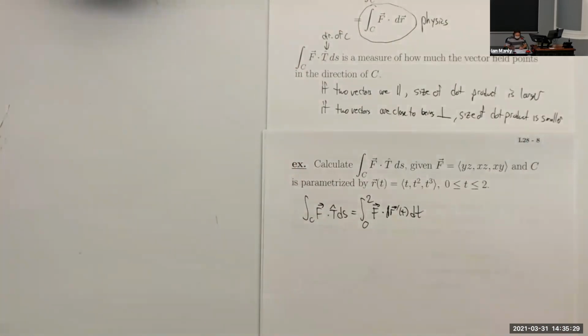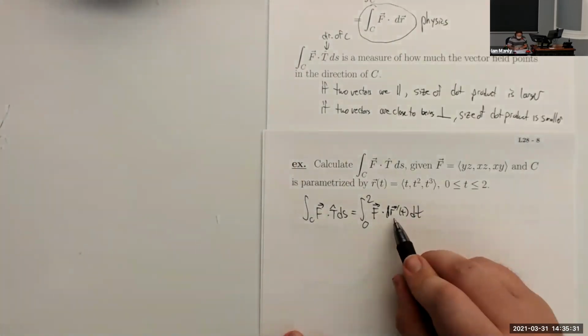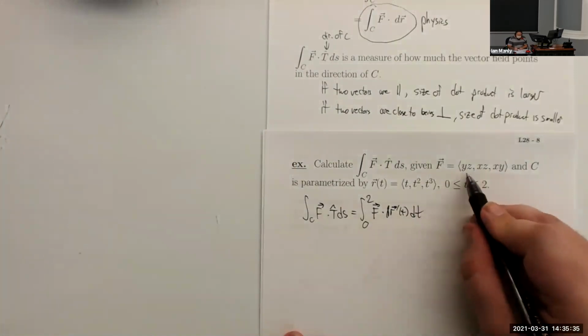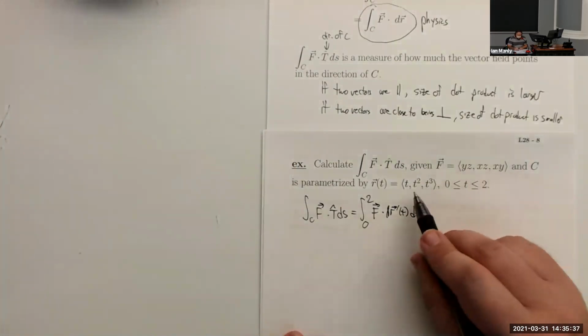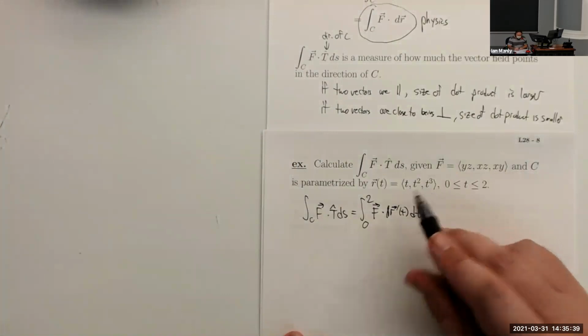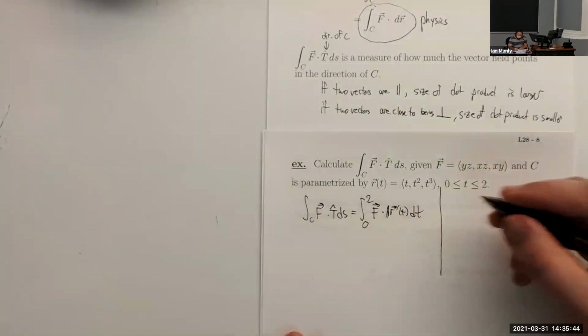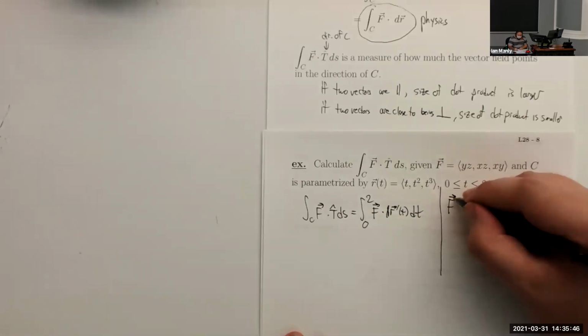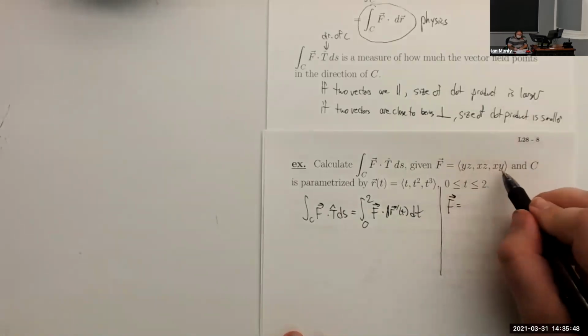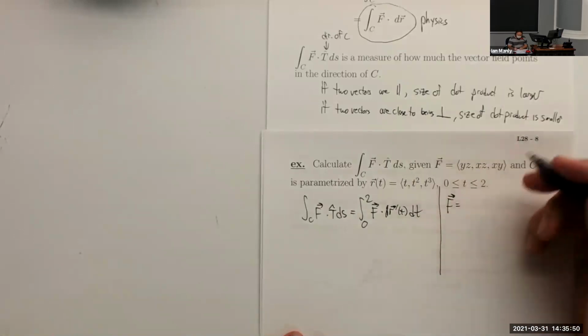All right. So let's see. Let's do this dot product. Now, before we do this dot product, we need to know two things. We need to know what f is in terms of the parametric equations, and we need to know what r prime is. So let's compute that on the side here. If we convert f using the parameterization of our curve right here,